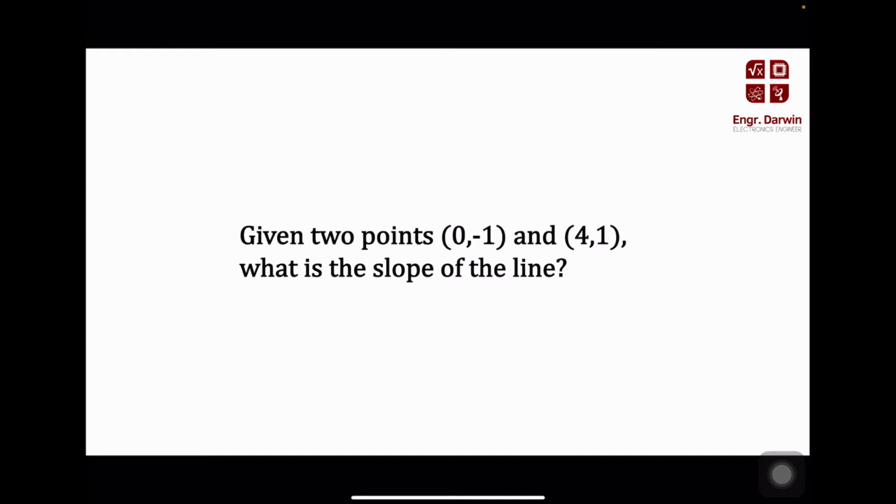Pwede natin i-assign yung first set of point natin as x sub 1 and y sub 1, as well as these 2 points here. Ayan. So, gawin lang natin. Substitute lang natin to. So, m is equal to